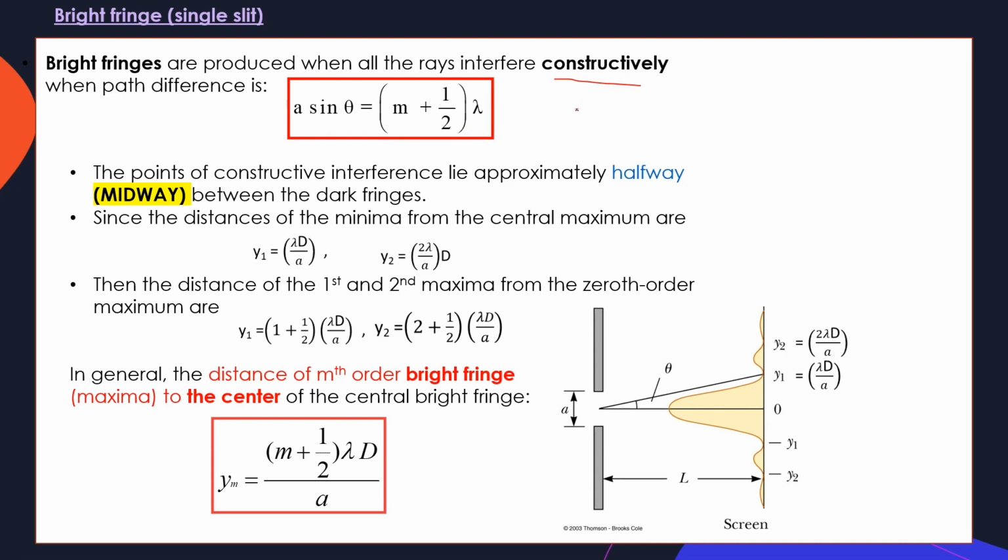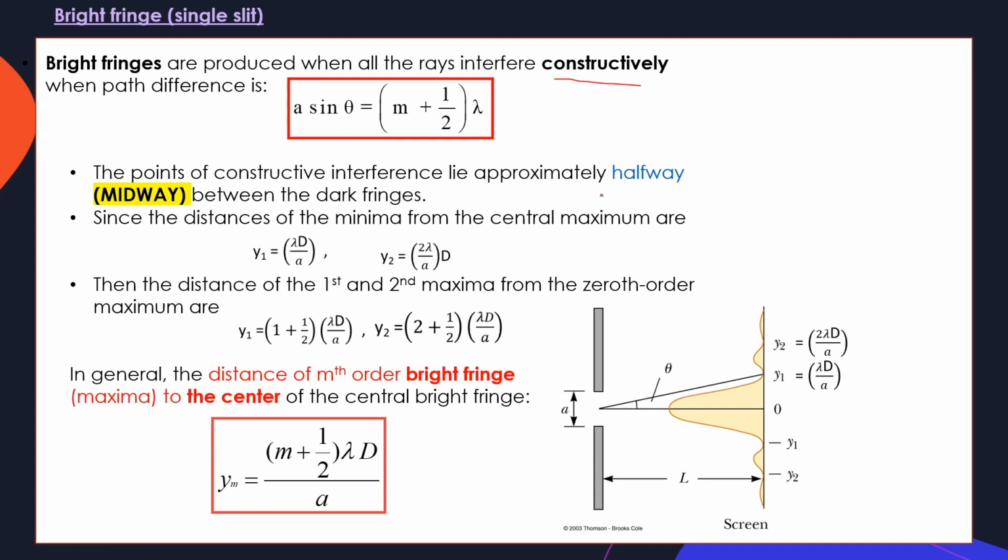But for the bright fringe, all rays interfere constructively. The path difference between ray 1 and ray 2 is given by a sin theta equal to (m plus half) lambda. The points of constructive interference lie approximately halfway, or midway, between